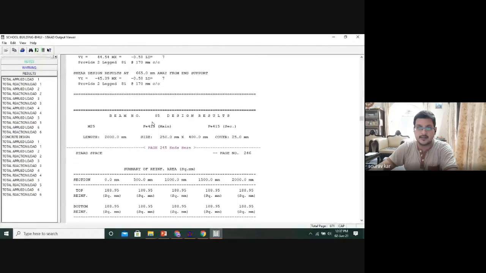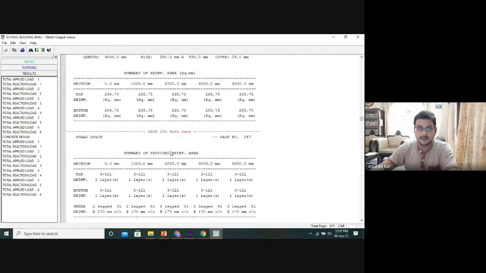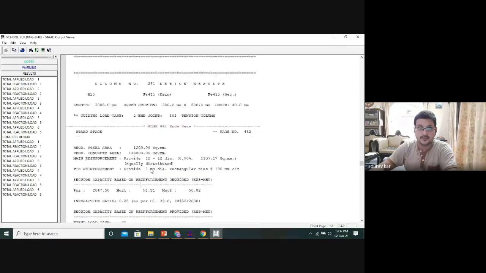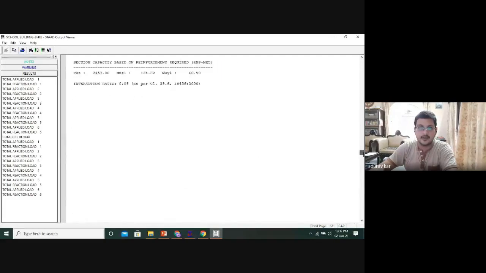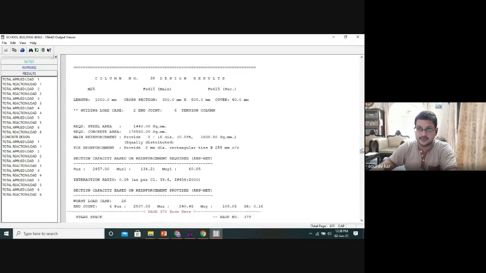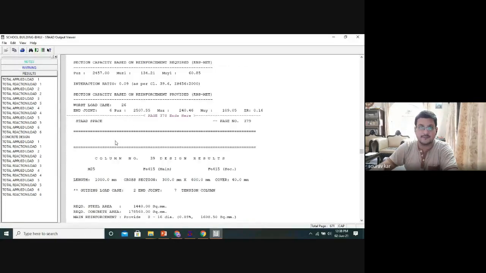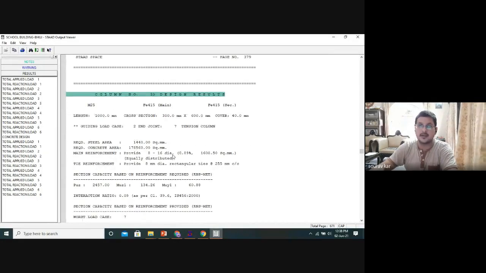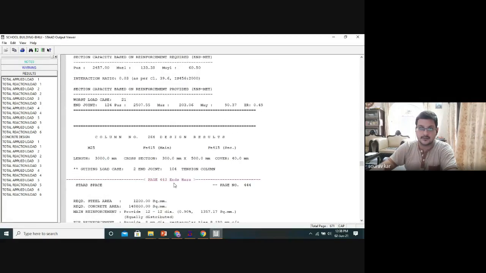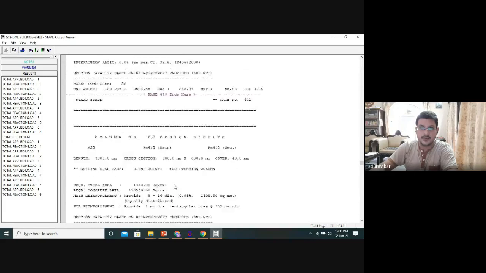Yes. See, they have given the column number. Column number 106. You see, they are explicitly mentioning here column 106. It takes some time.